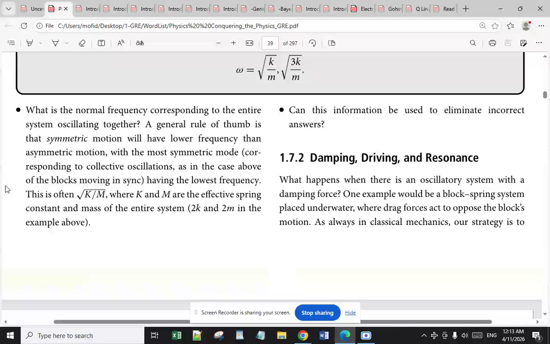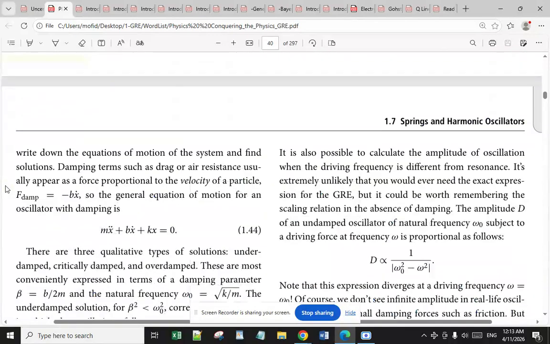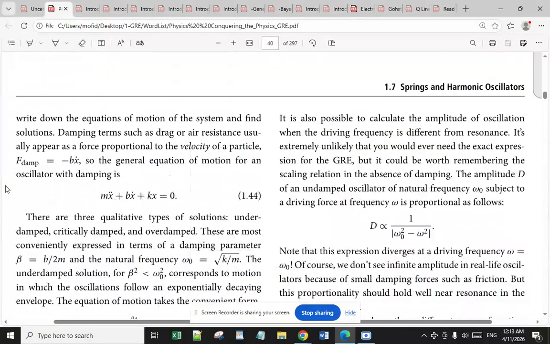And I want to go through the next subsection, 1.7.2, damping, driving and resonance. What happens when there is an oscillator system with a damping force? One example would be a block-spring system placed underwater, where drag forces act to oppose the block's motion. As always in classical mechanics, our strategy is to write down the equations of motion of the system and find